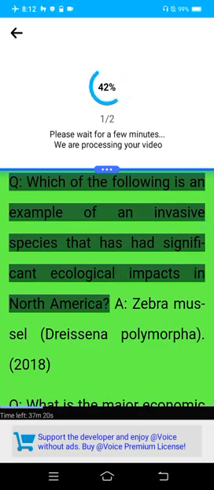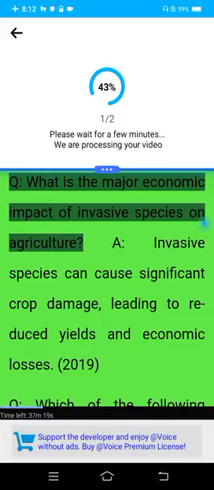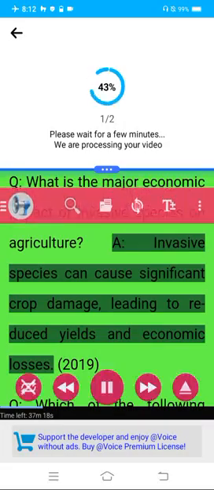Q. Which of the following is an example of an invasive species that has had significant ecological impacts in North America? Zebra mussel, Dreissena polymorpha. 2018. Q. What is the major economic impact of invasive species on agriculture? Invasive species can cause significant crop